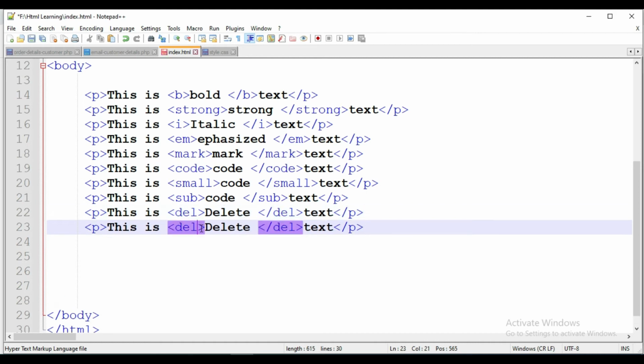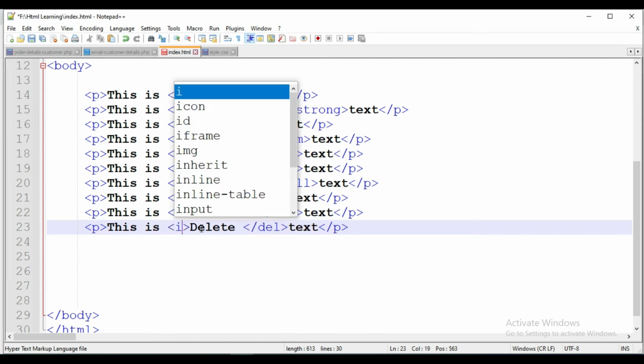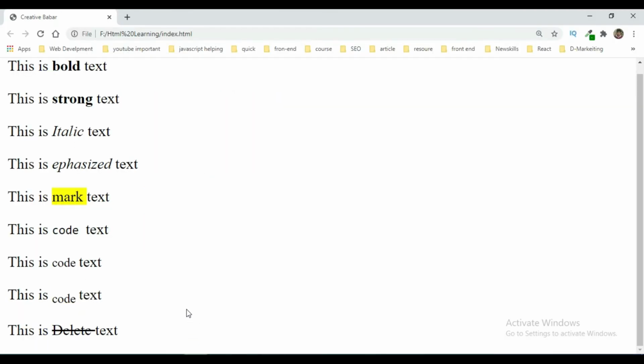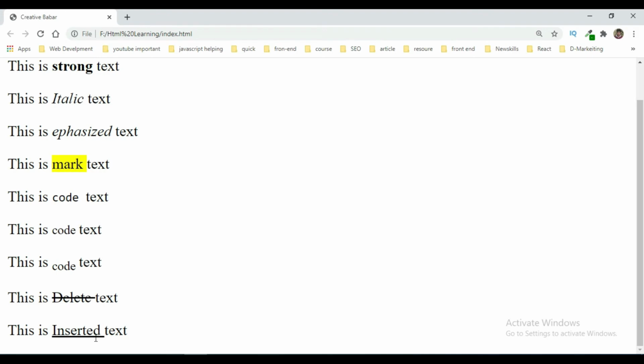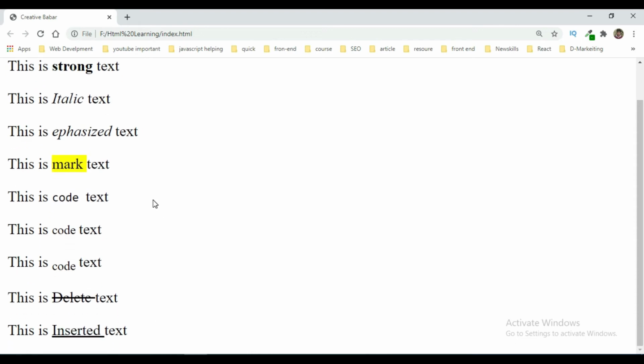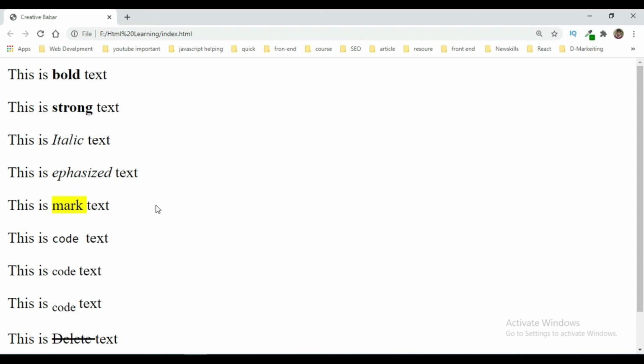For inserted text we use INS. You see, inserted text is underlined. So that was the properties of formatting text with HTML.